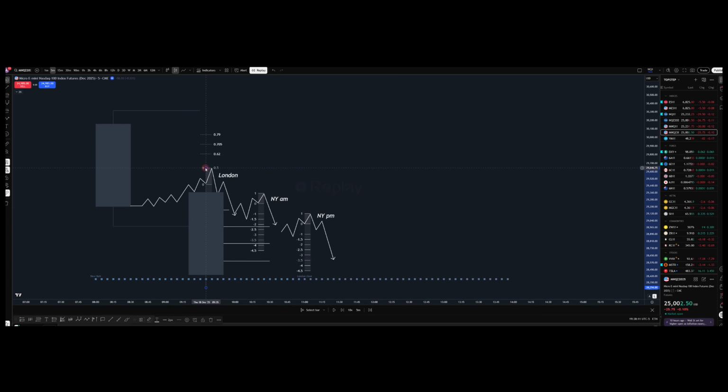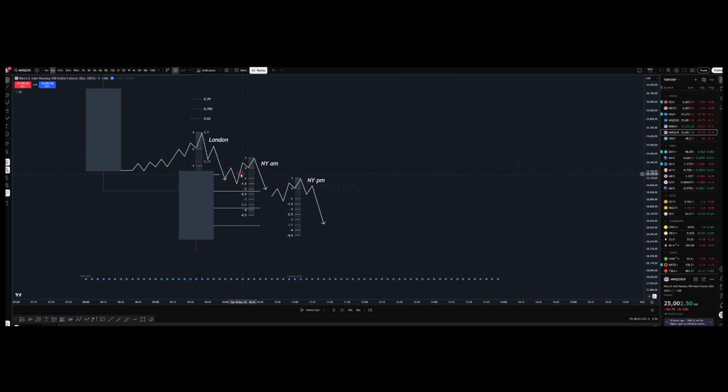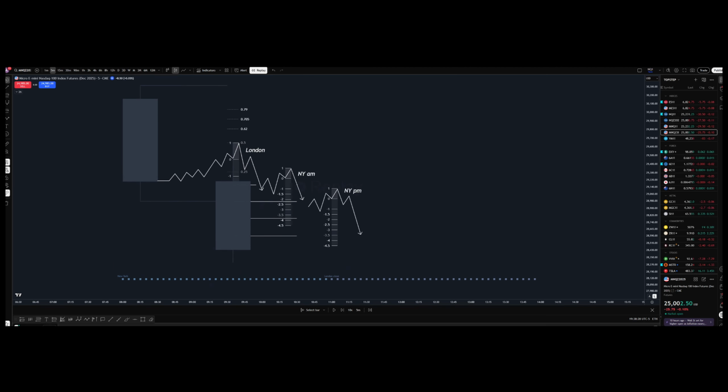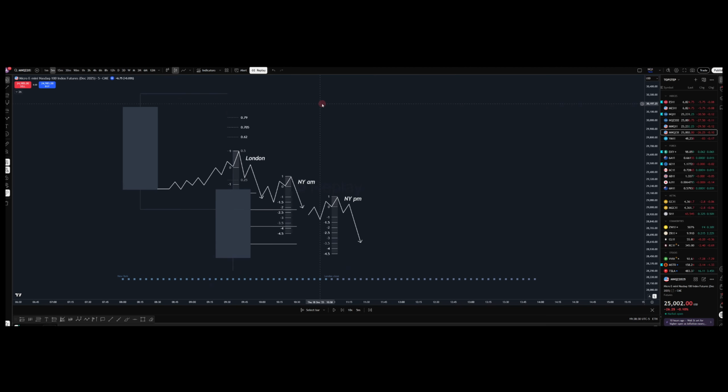So wick would be up to here. Body would be the open there. So then we have an open, high, low, close. I do this on the 5-minute. And then for the weekly, I do this on the 1 hour, and I pair that with the weekly candle exactly the same way,